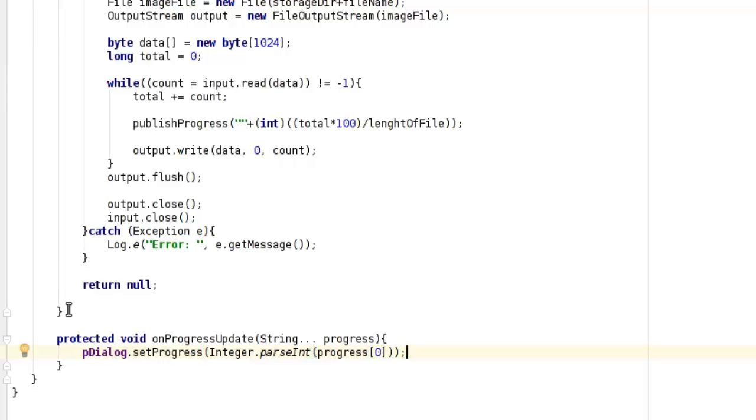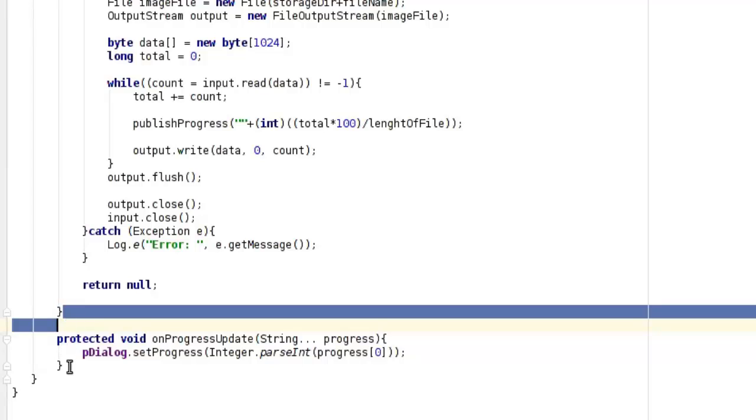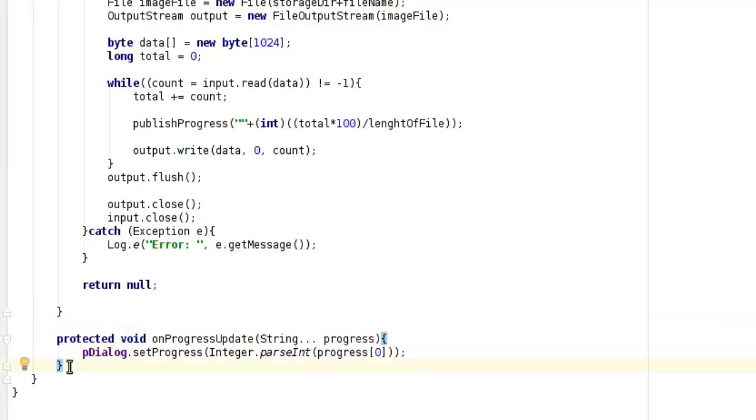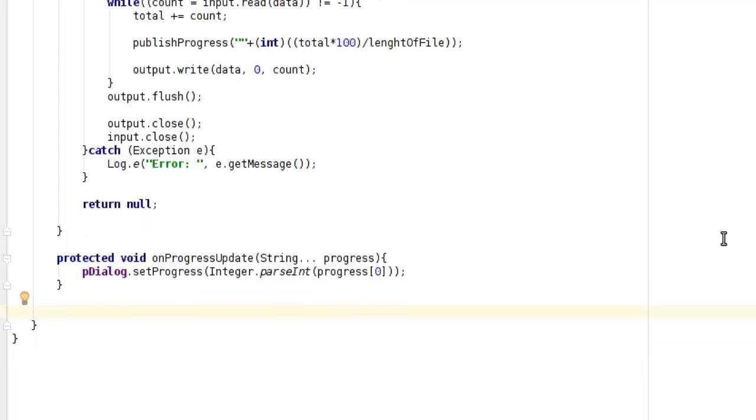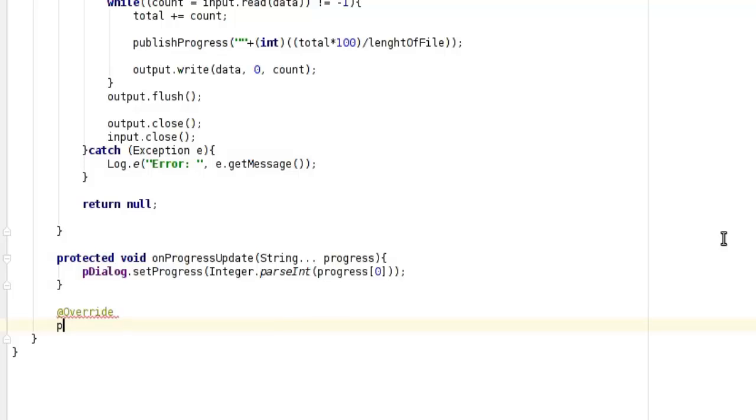So after completing the background task, we need to dismiss the progress dialog. Once this is successful, as you're looking right there, which is the doInBackground, we need to now dismiss. So if you're familiar with threads, Java is just replicating that, because that will be doing the background with a background thread. Still have the override. Now we call the protected again void, on, not pre this time, it will be what? Guess, post execute. Post execute. We pass the string, the file URL, and